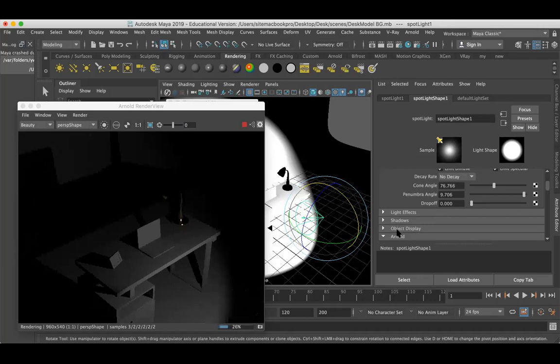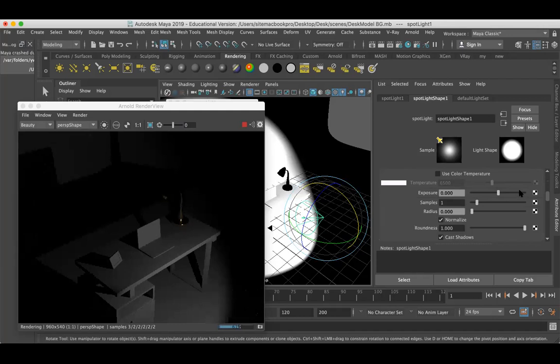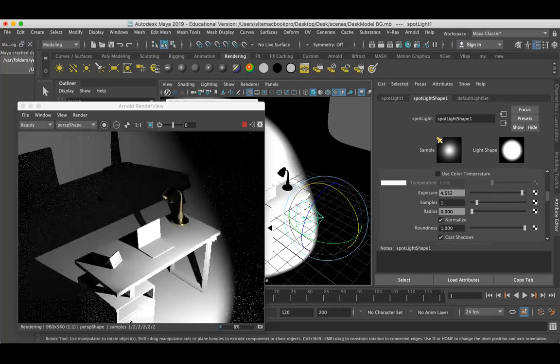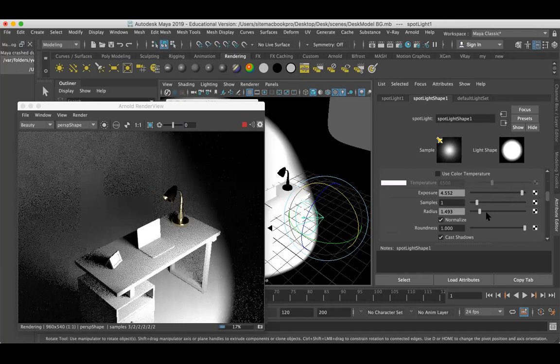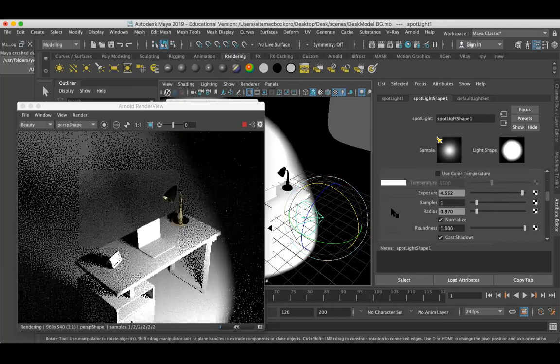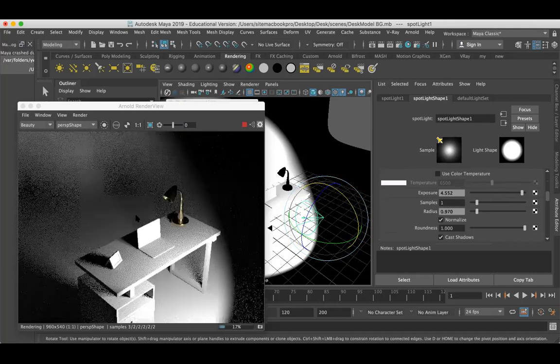Next comes the Arnold part. Here you can increase more exposure to see more value, and if you increase the radius, it will soften your shadows. I have increased the value here, and I'm working with 0.8 or 0.9, which will be fine.